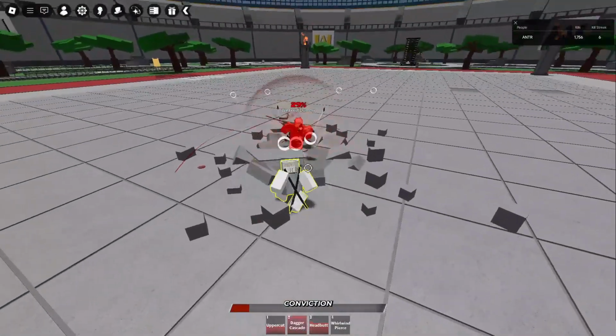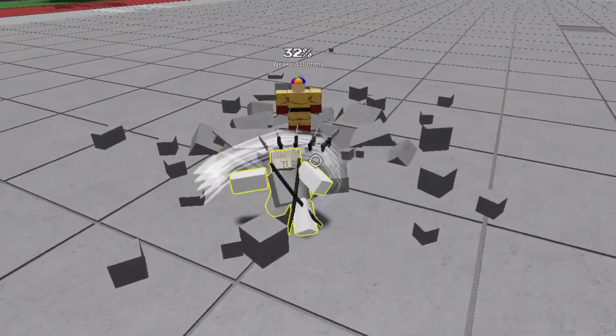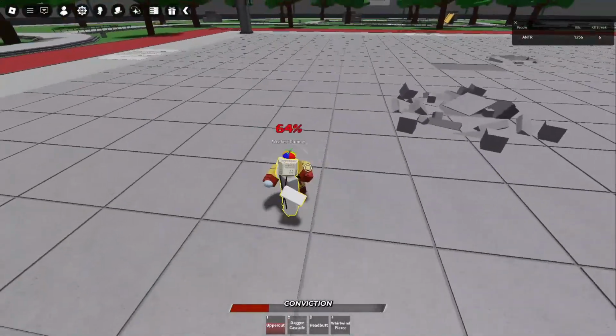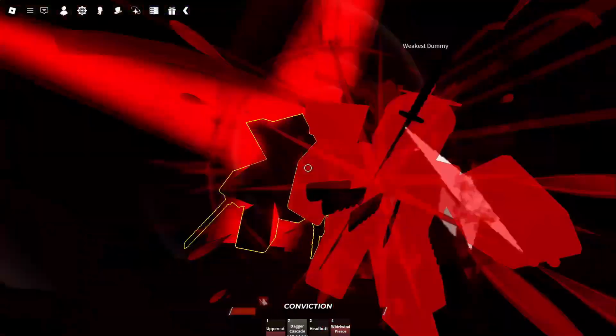The second move is Dagger Cascade, which throws a set of daggers, much like regular Stain. But if you press the move again, you can throw another set if timed properly. The move has a secret attribute which inflicts poison on a Ragdoll enemy if you hit all 5 initial daggers. The finisher is...